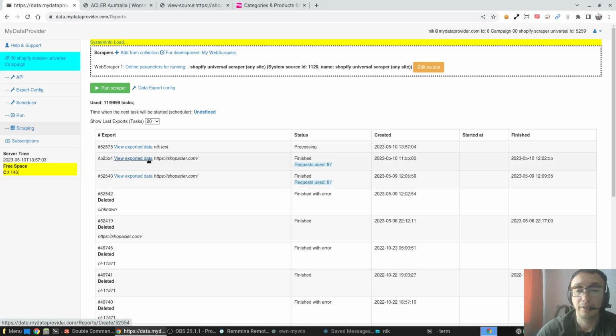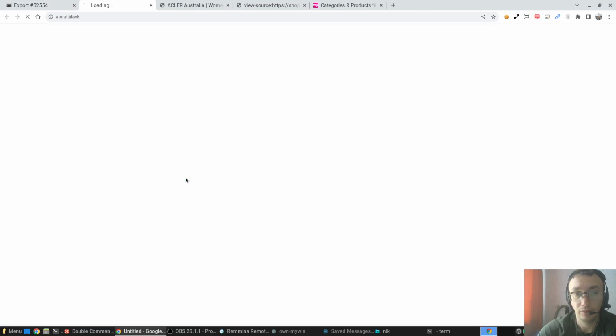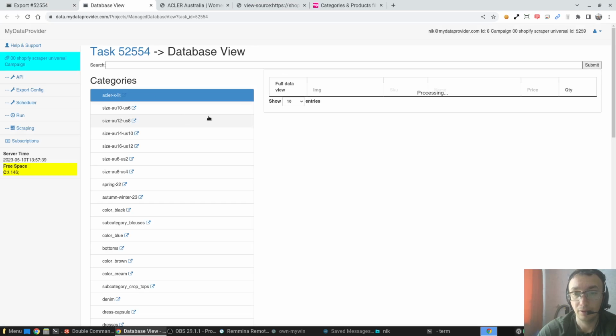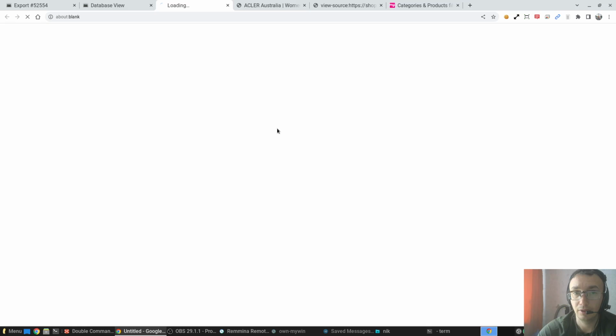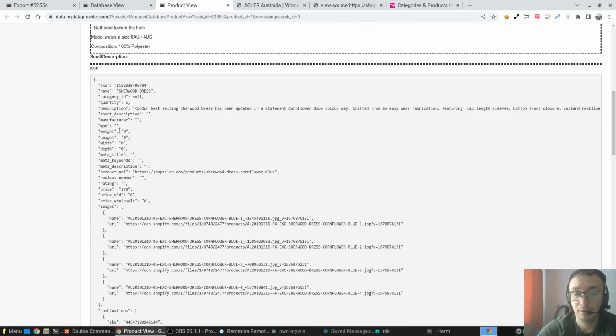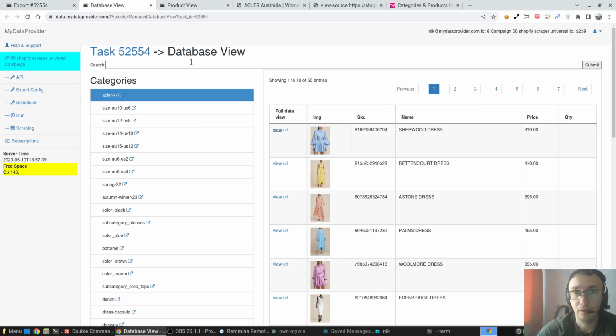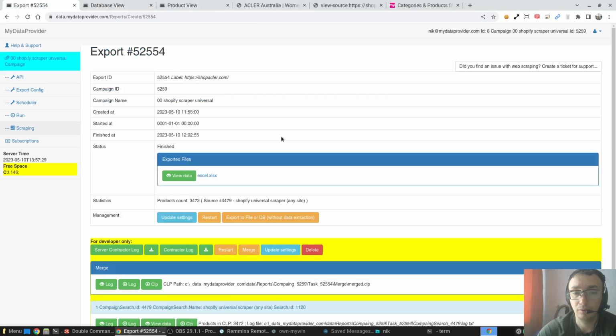And let me show you results from the previous run. Here are results. You could download the file, you could open the view data button, and here you see categories from this website. Here you could see products which were extracted, with all data, all prices, all SKUs. So it's good. It's really good, and you could use it